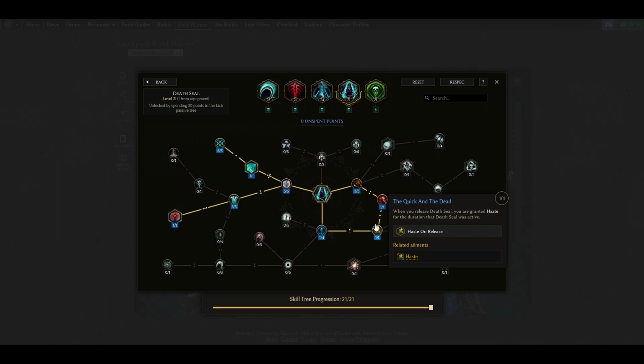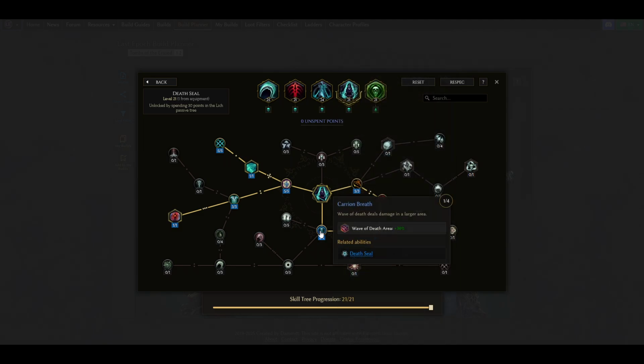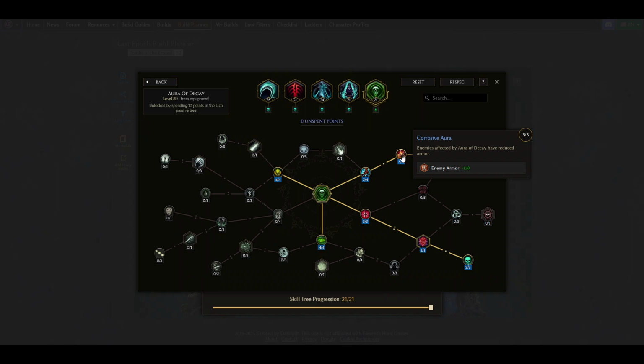Haste on release. Once in a while you release, because you hit the maximum Death Seal duration, right? And 1 extra point in Wave of Death area for some extra clear, basically. We'll be using Aura of Decay, and we'll be converting Aura of Decay with Armor Bane to Armor Shred Chance. So we frequently apply Armor Shred plus extra armor, basically when enemies are in your area all the time,